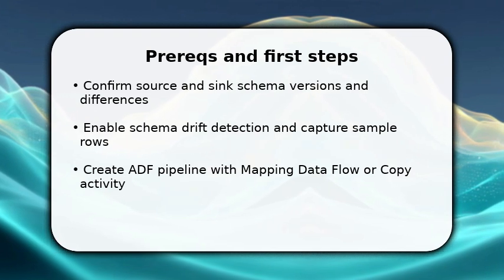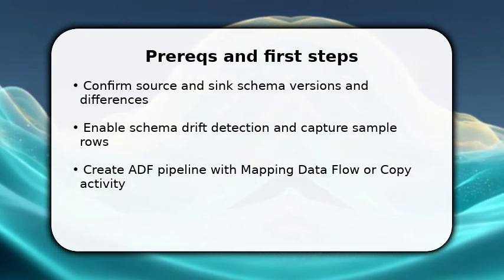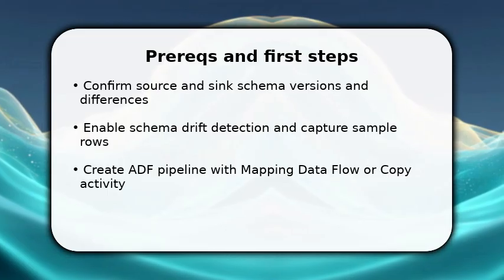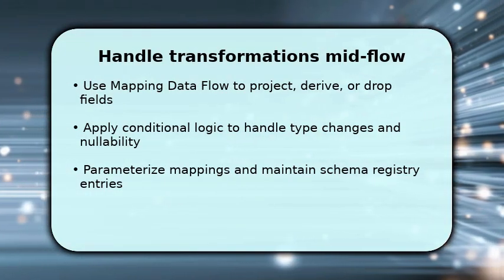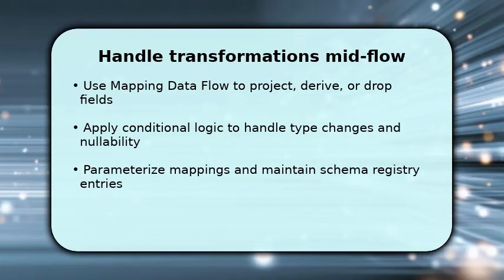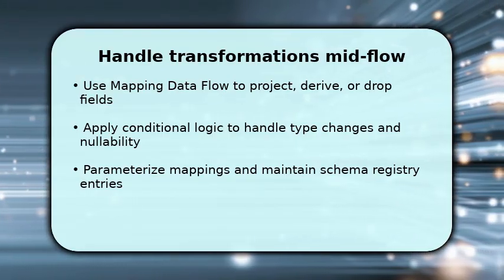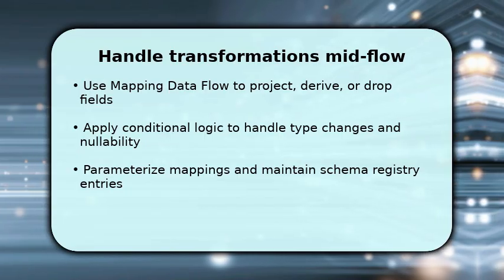Next, you implement the middle transformations. Use mapping data flow to project incoming columns and apply type conversions where necessary. Once you detect a type or nullability change, add conditional logic to cast safely and provide defaults so downstream jobs